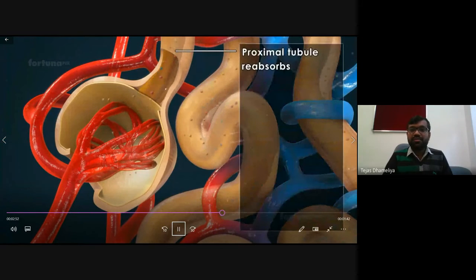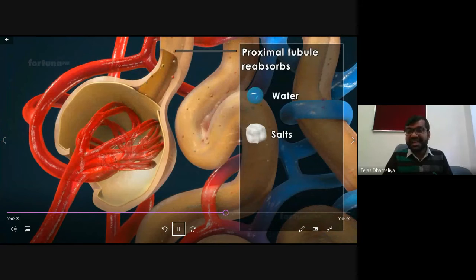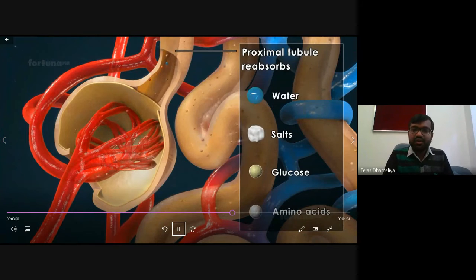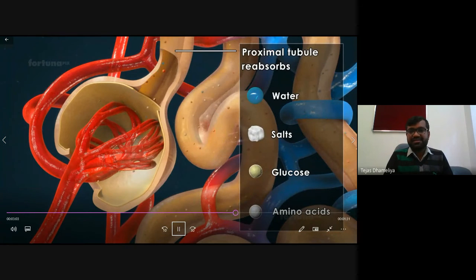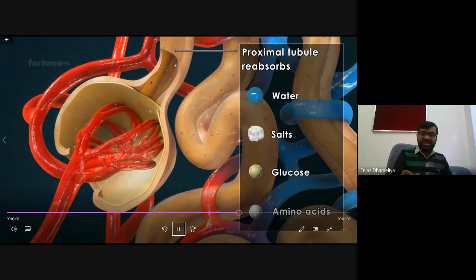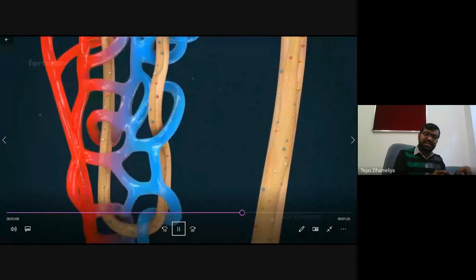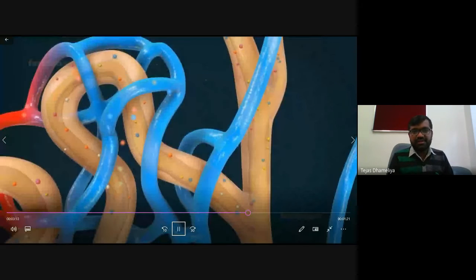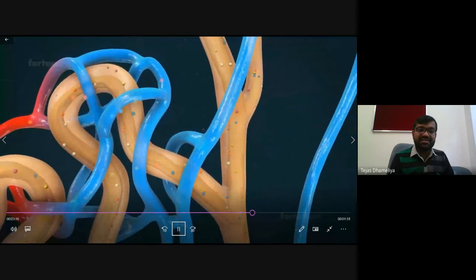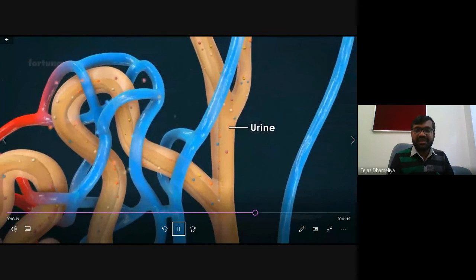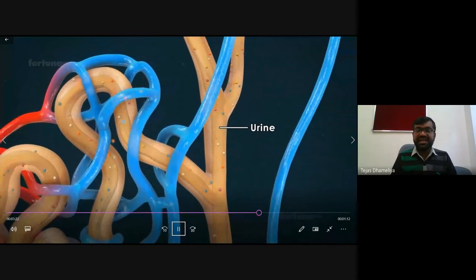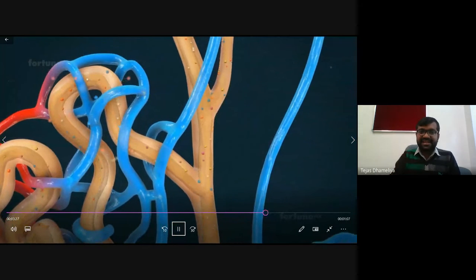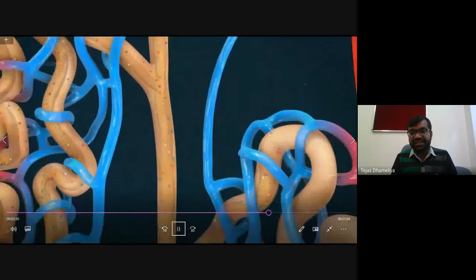Okay, so proximal tubuli will reabsorb the water, salt, sodium chloride, potassium chloride, etc. Glucose and amino acids are absorbed from there, and then through the blood vessel connected with it, they go back into the blood. That is called reabsorption. When these tasks are done by these organs, distal convoluted tubuli, then they will create the urine like this. You can see the small salts, etc., are there in the urine.